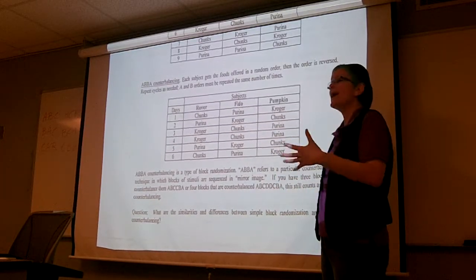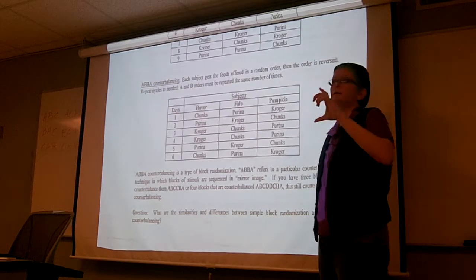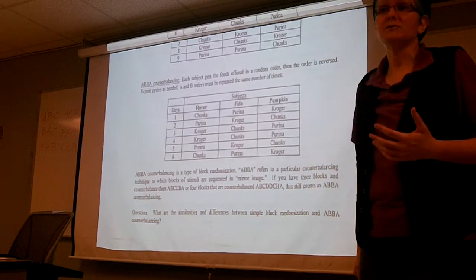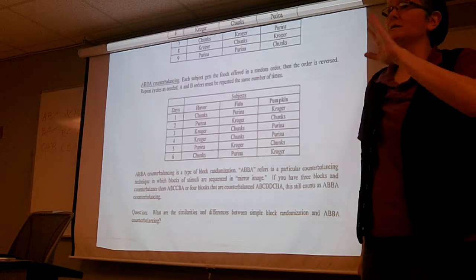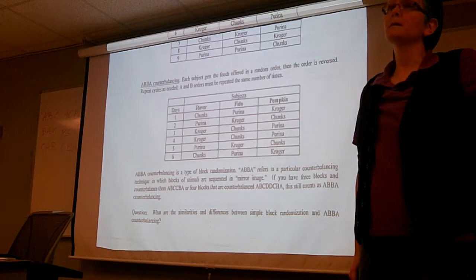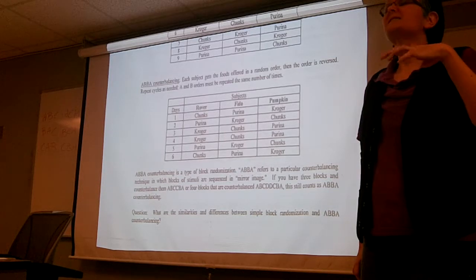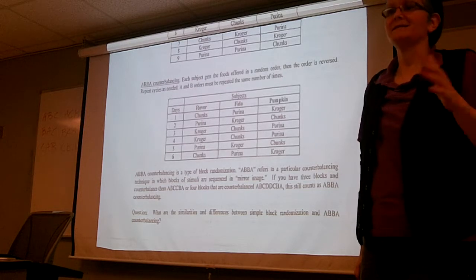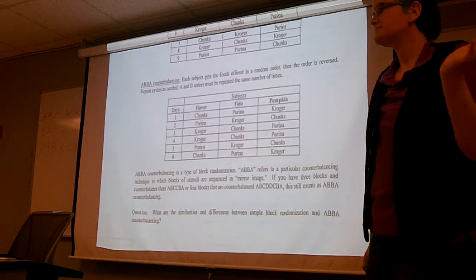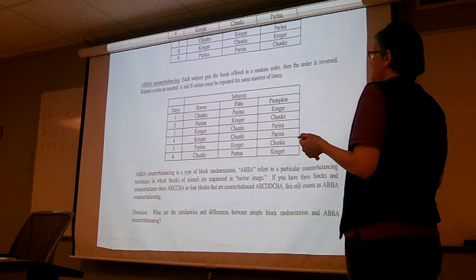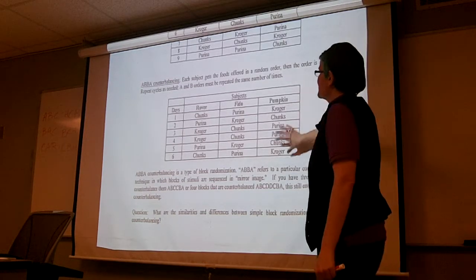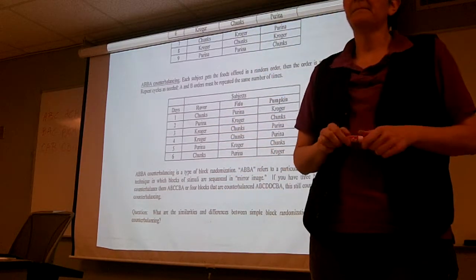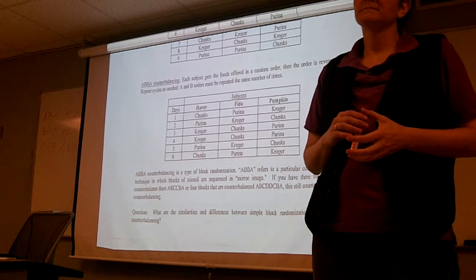Okay? So it's a way to get the different orders that I need with as few presentations as possible and still get a complete design. So every dog has seen every food twice, which means I've got my complete design, that's what I wanted. But I've now made a selective choice about the orders and now limited the number of times they have to come into the lab. Now I can get everybody done in 6 days. Hooray! That's good. And you'll notice that when I do it this way, I've actually used all 6 of the possible random orders too. Handy. Yeah. My question is, so on day 3 and day 4, they have the same food as the